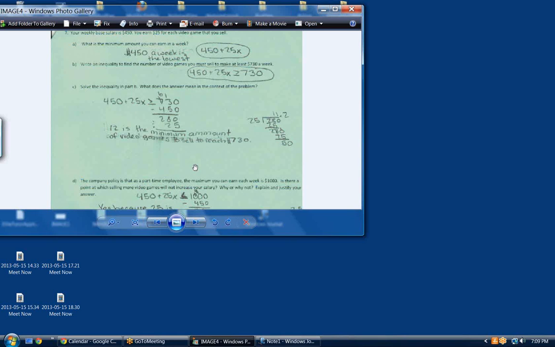Okay, so it costs $900 to live on your own. How many video games do you have to sell in order to make a living? X would be how many video games you sell. Now give me an inequality that states the situation. Okay, so would it be 20x plus 550